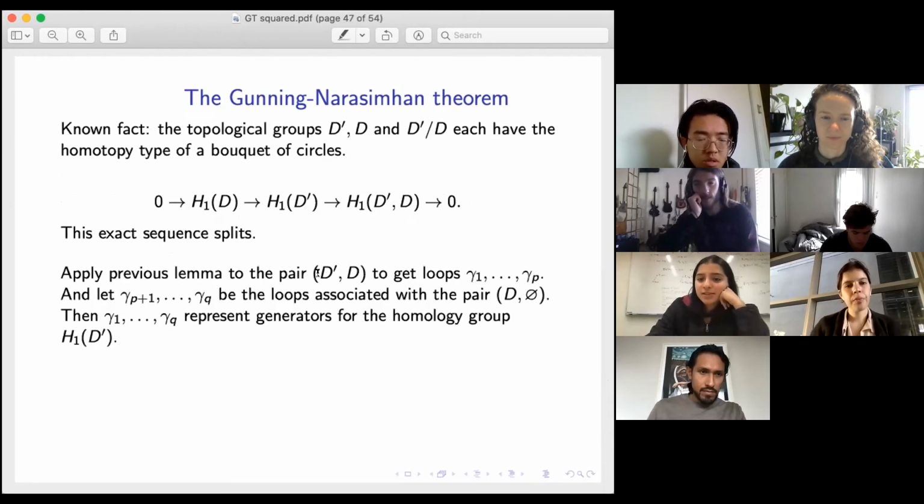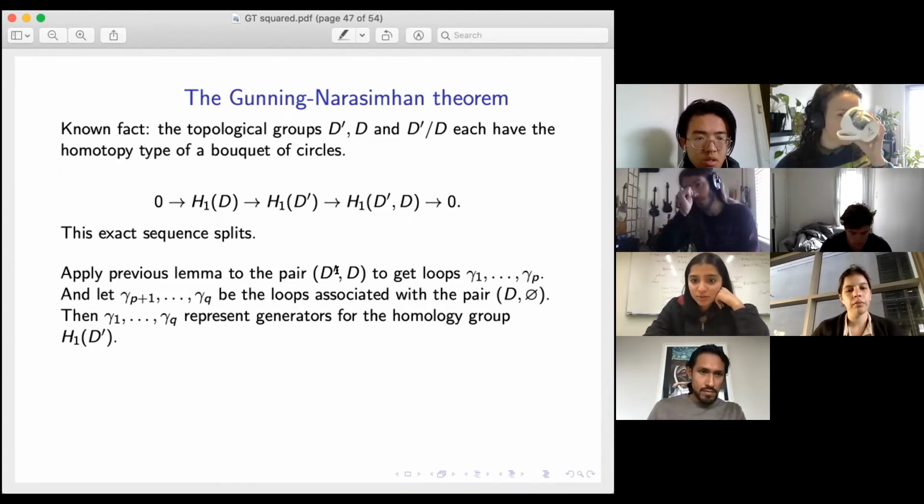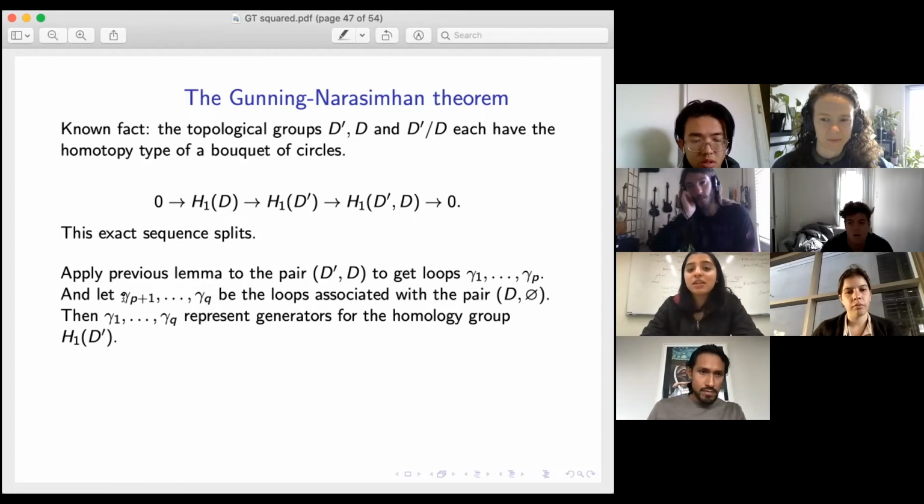We can apply this one to each of these pairs. So D prime D, the relative homology group associated with this pair, and the relative homology group associated with D and the empty set. And you can get loops, gamma 1 through to gamma p for this pair, and gamma p plus 1 through to gamma q for this pair. Then all of these loops together represent generators for this topological group H1 D prime, and that's because the